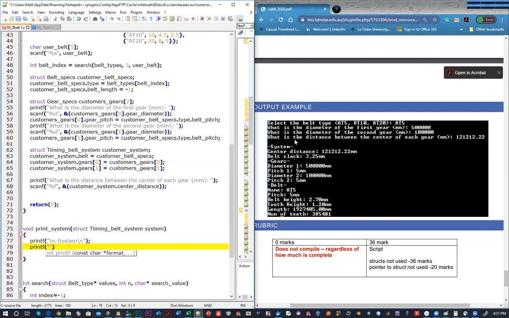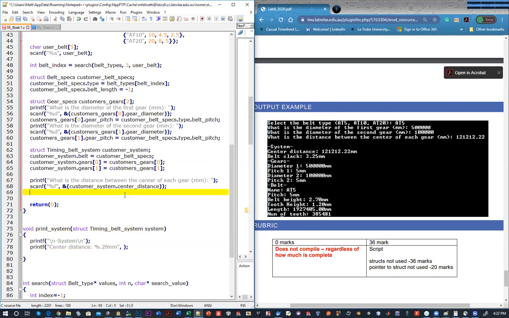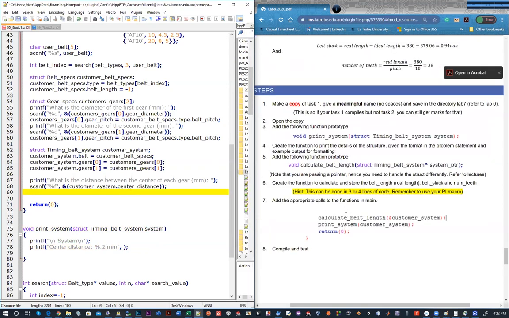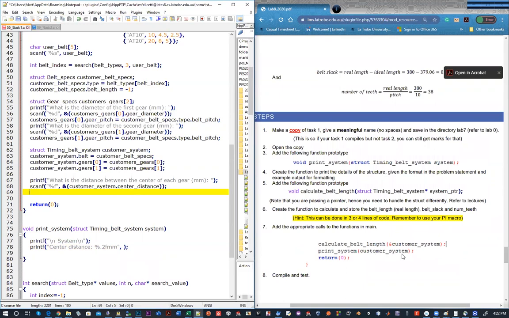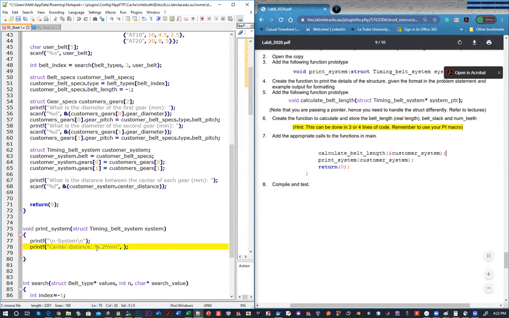So printf, center distance, colon. We've got a floating point number with 2 decimal places, so percent 0.2f, millimeters. Now we need to work out what goes here. We've got this system. We're going to call the function, and we're going to pass the entire system. So this means inside this function, we now have,